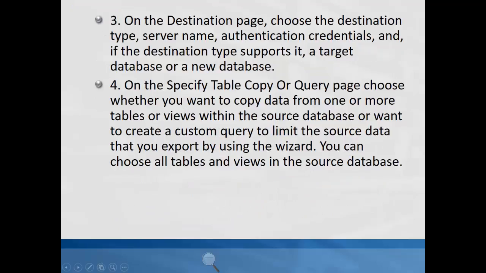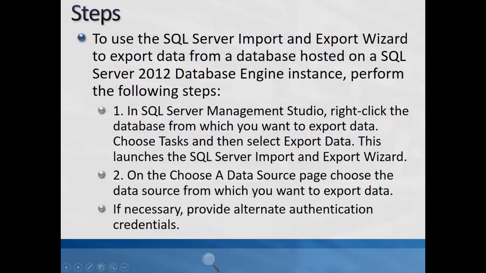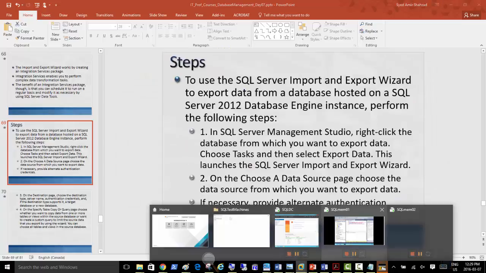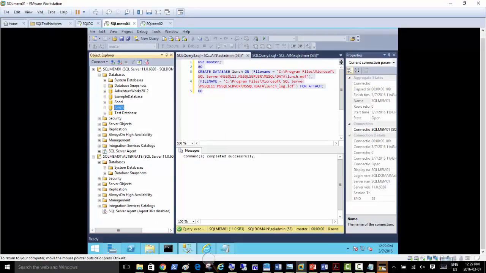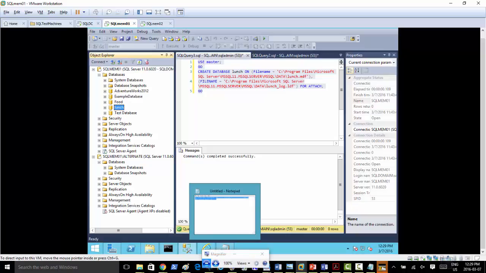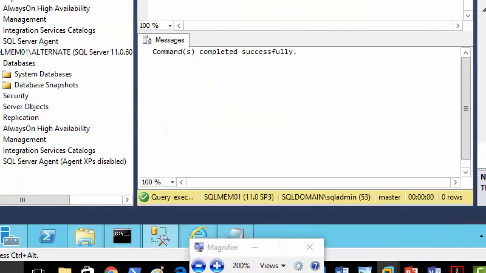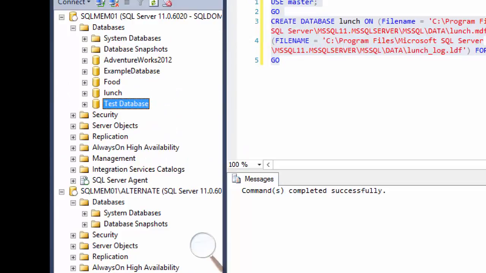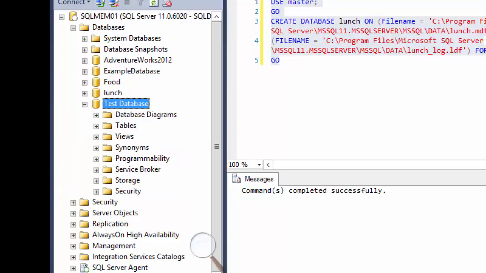We already saw the copy wizard and all the requirements of a copy wizard. Let's go to the export wizard as well and check where it is and what the requirements are. In the end, we may or may not have to troubleshoot, but where it is and how we launch it is the main thing. So this test database, let's try to export something out of that.